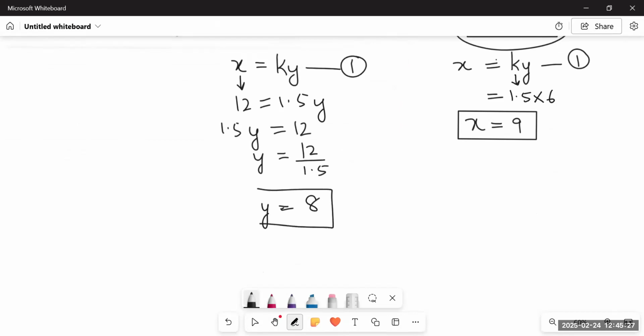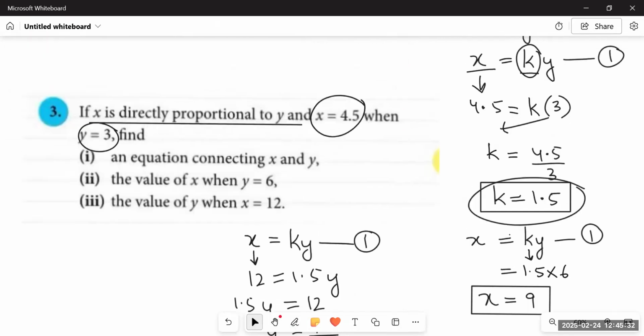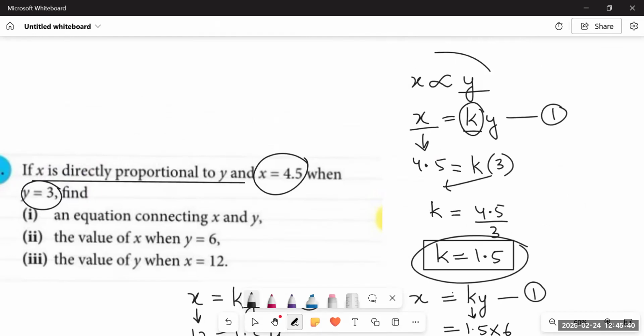So what we did in this particular question: first we generated an equation using this statement, which was X is directly proportional to Y. So we wrote X is directly proportional to Y in this form. Then I substituted this symbol with is equal to, and replaced it with is equal to k, constant, multiplied by Y. This is the most important thing that we have to generate. So if X is directly proportional to Y, then the equation would be X is equal to kY. But if Y is directly proportional to X, then the equation would be Y is equal to kX. This is what you have to remember.